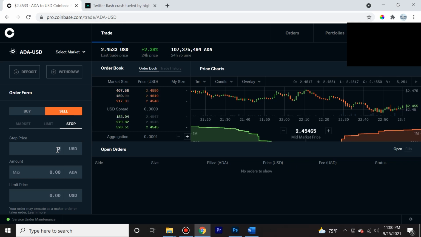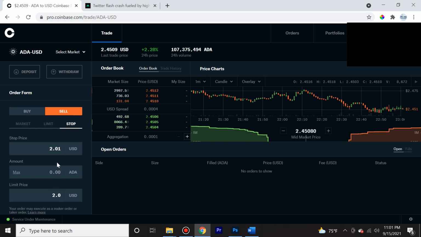a little bit higher. So let's say 2.01, because remember, for a stop limit order, as soon as it crosses $2.01, if it goes down, so right now it's $2.45, if it skids all the way down, as soon as it hits $2.01, it is going to trigger a limit order. And the limit price, I'm going to set to $2. There can be a smaller spread between $2.01 and $2. Like I can make this 2.09. And this will ensure that the limit price, it's going to sell for